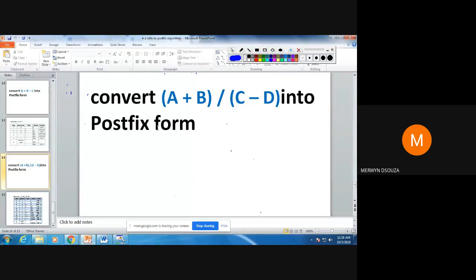Look at the number of marks. Most of the time, those marks will be around 4 marks or 2 marks. At that time you can directly solve using your maths. If you are told specifically that you have to convert infix to postfix using stacks, then you have to apply this algorithm that we have just done. That time if you use maths, you will not get marks. But when you get a question to just convert an infix expression to postfix, and you are not told whether to use stacks or maths, you can use any, and you will get your marks. Clear?